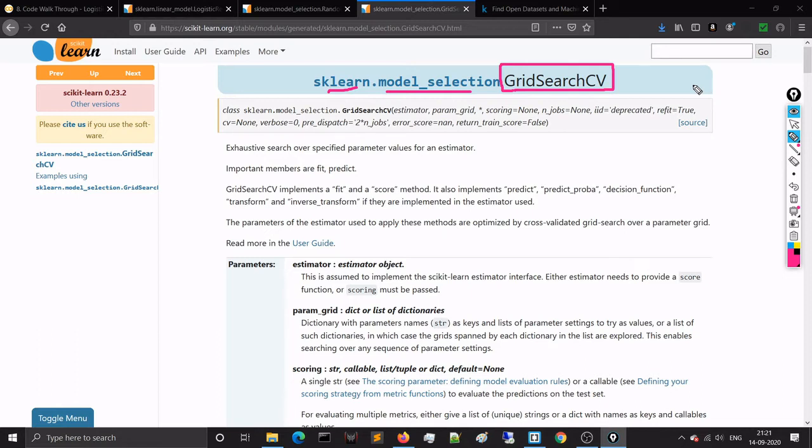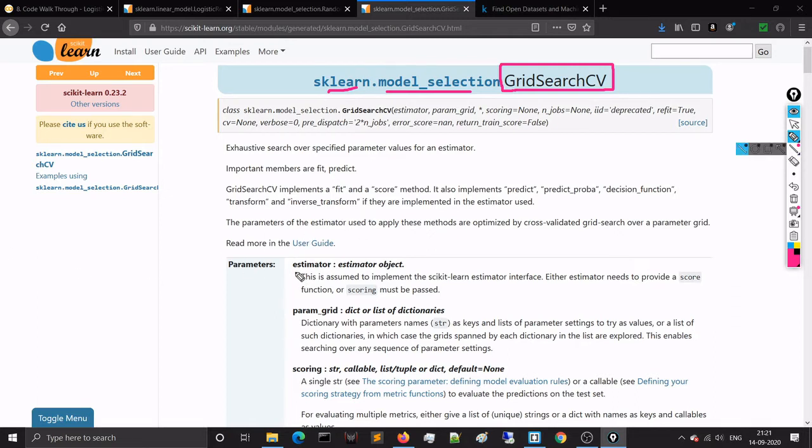Everything it will do, you don't have to do anything manually. In KNN I showed you how to do it manually, but here I will show you how to do the same thing using GridSearchCV, because in KNN it was a longer code, right? But here it will be a one-liner. That's the beauty of scikit-learn. So I will show you what is actually happening here.